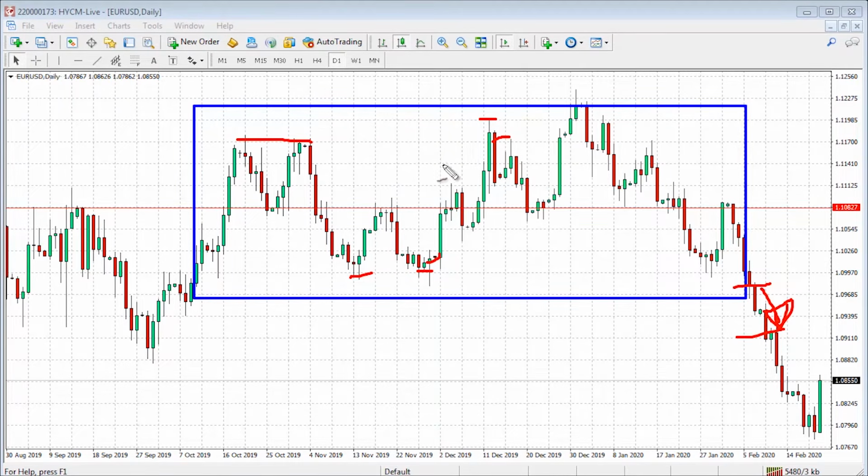But that's fine, because you can see mean reversion here for very many months works far better than buying breakouts or selling breakouts. You're shorting breakouts, you're getting stopped. You're going long, you're getting stopped. So in the right environment, mean reversion is great. Anyway, let's look at some of the better tools